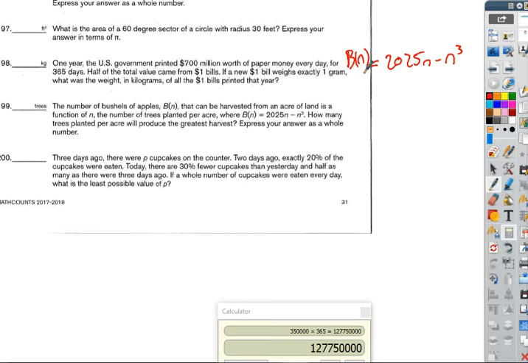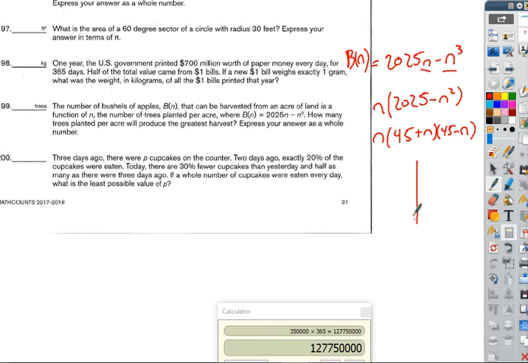And I realize that I can factor this because both share a term of n. So I have n times 2,025 minus n squared. Well, this is a difference of squares. This is a perfect square, this is a perfect square, and I'm subtracting them. So I have n times 45 plus n times 45 minus n,